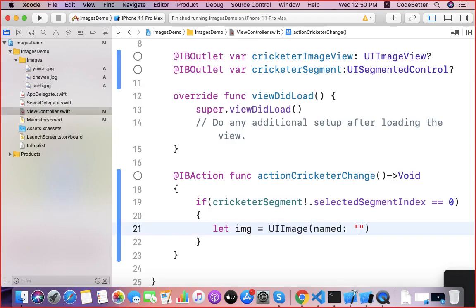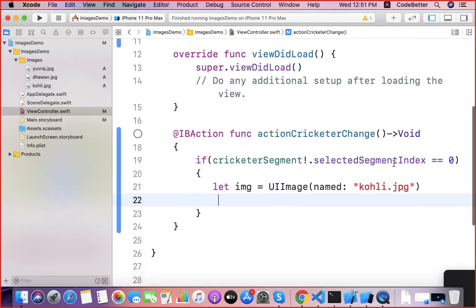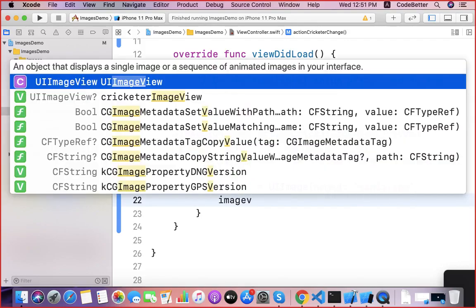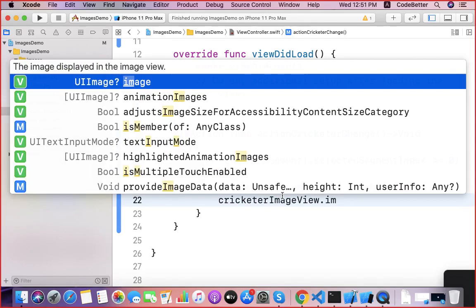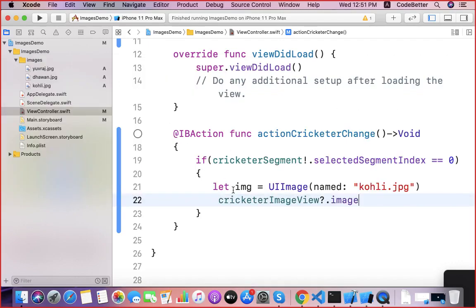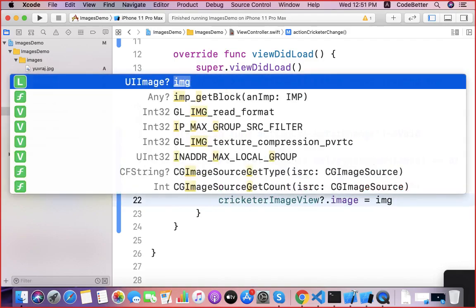The name of the image is Kohli.jpg. After we load Kohli.jpg in the img object, we attach it to the image view. The cricketer image view has a property image. What is the type of the image property? UIImage. And img is also of type UIImage. So we attach it.